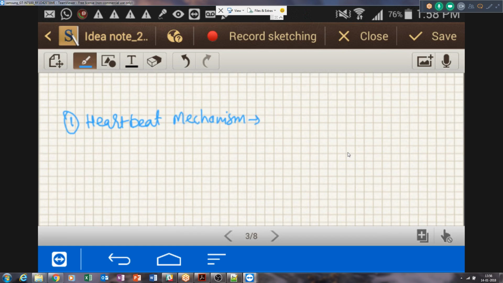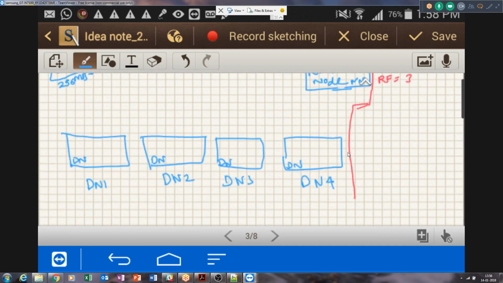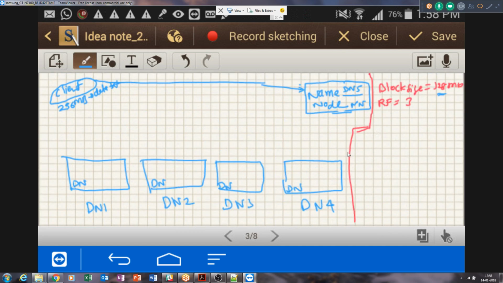Under this mechanism, every data node will send a ping signal to the name node every 3 seconds. So if you come back to this picture, all these data nodes, dn1, dn2, dn3, dn4, are going to send a ping, with certain more information that I will tell you later. Since they are over the network and not part of the same machine, only network communication is between them.